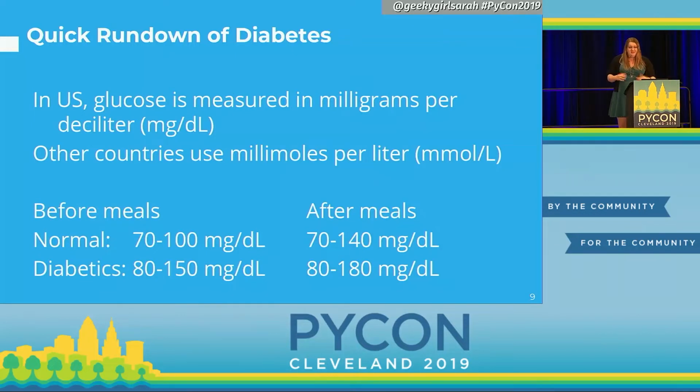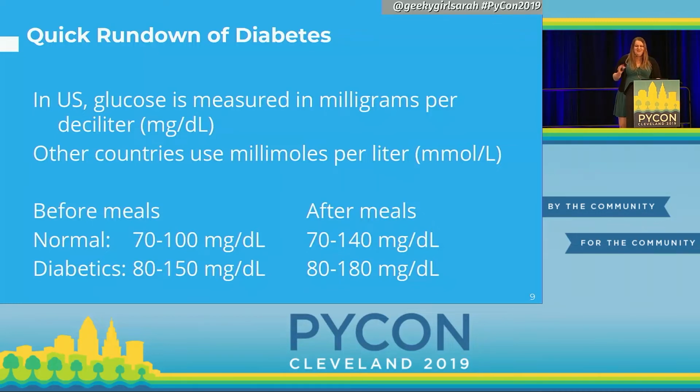Some more rundown. In the United States, we measure the glucose in your blood using milligrams per deciliter. And a deciliter is 1/10 of a liter. So sort of an odd amount, but it works. Other countries use millimoles per liter. There's a conversion rate for that, but for the purpose of this talk, we're not going to go into that. Before meals, normal people, or as I like to call them, civilians,